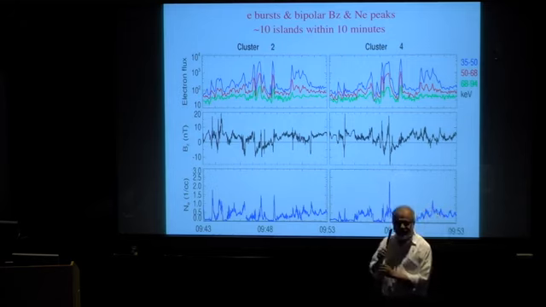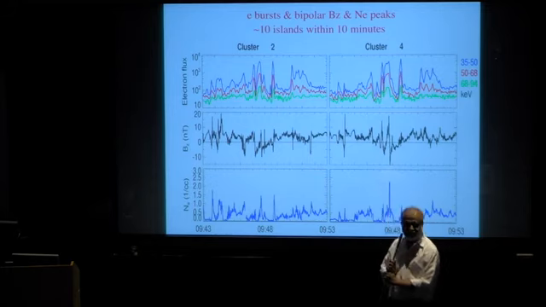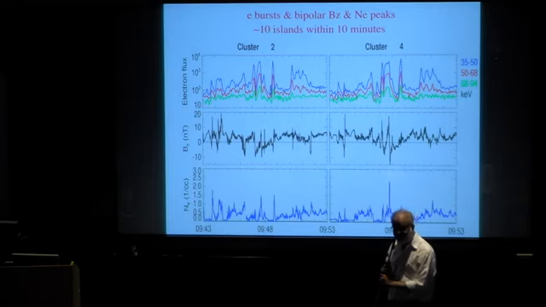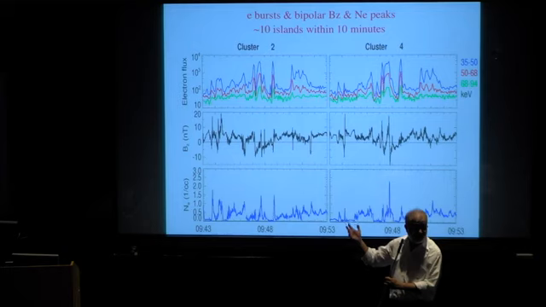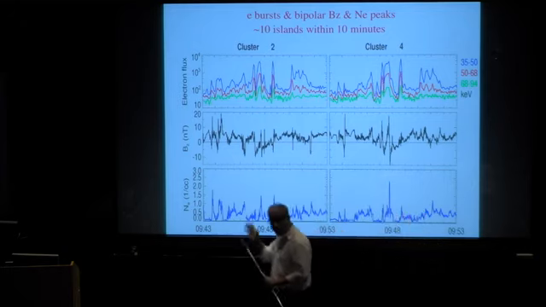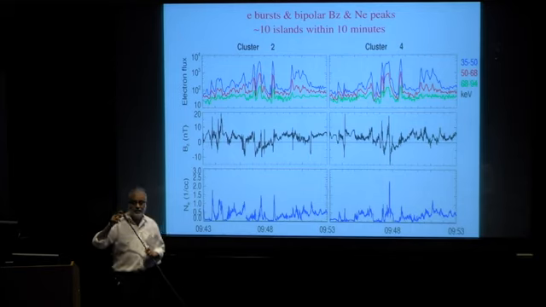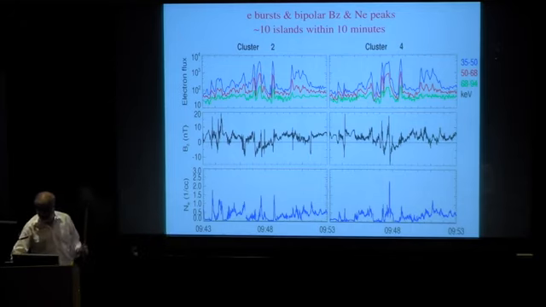And this actually, in a way, inspired Drake and others to suggest that if you have a lot of magnetic islands in the system, they will provide very effective acceleration mechanisms. And I'm sure you've seen Lorenzo Sironi's work yesterday, where he talked about how the plasmoid instability can provide enormous particle acceleration as well. He's done a lot of work on spectra and so on. These islands, driven by the plasmoid instability, be it in collisionless or collisional systems, can be very effective agents of acceleration, in a way for which we have abundant numerical simulations and not as many analytical theories. The 2D theory is getting better and better.